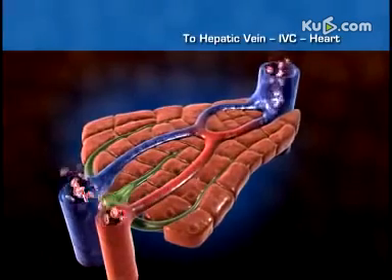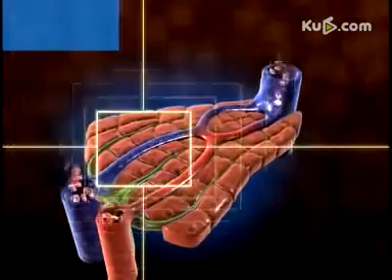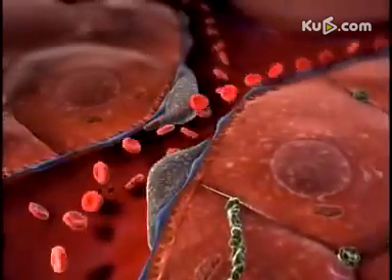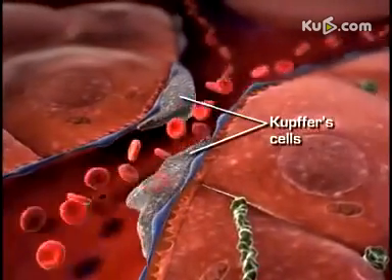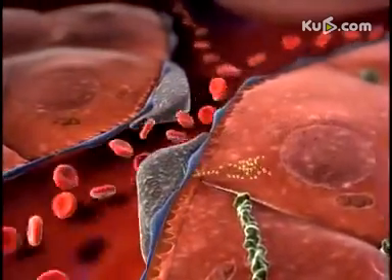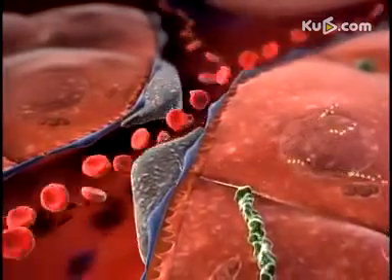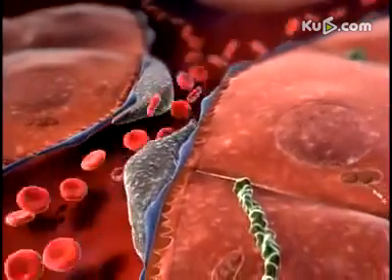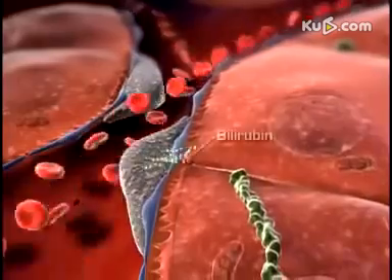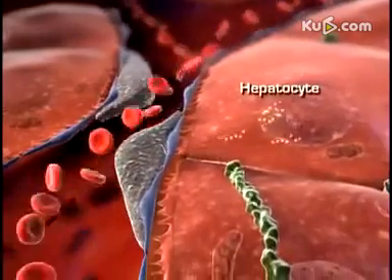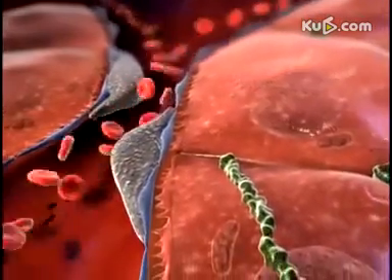As blood travels through the liver, cells called Kupffer cells remove waste products such as bacteria, old and defective blood cells, and other foreign material. The breakdown of defective red blood cells results in the formation of a pigment called bilirubin. The hepatocytes remove bilirubin from the blood and modify it so it can be secreted into adjacent small bile ducts